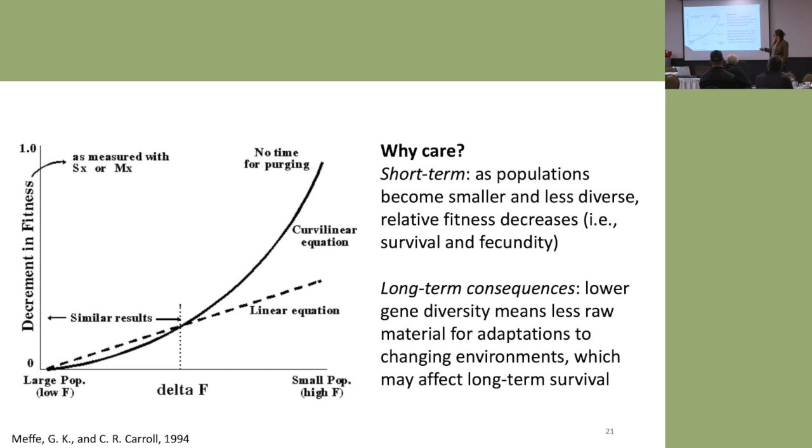And then you look at this y-axis and you see a decrease in fitness. And you can see that the smaller the population, it could be, we don't know for sure, but the smaller the population, it could be that there's a huge decrease in fitness at some point if this relationship isn't linear. Okay, if this relationship here is linear, then maybe we can manage everything, but we don't know.